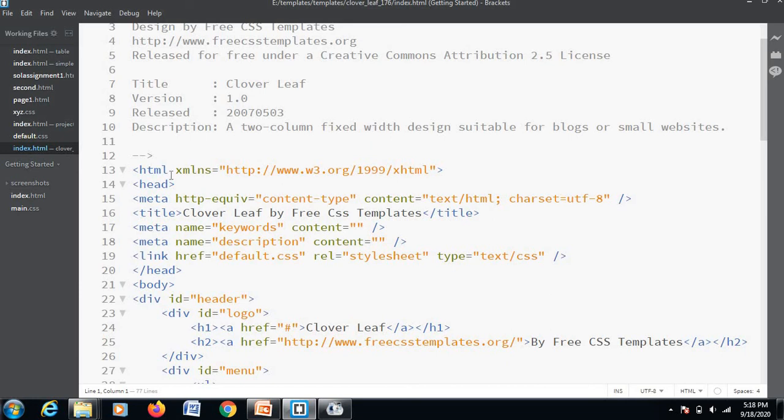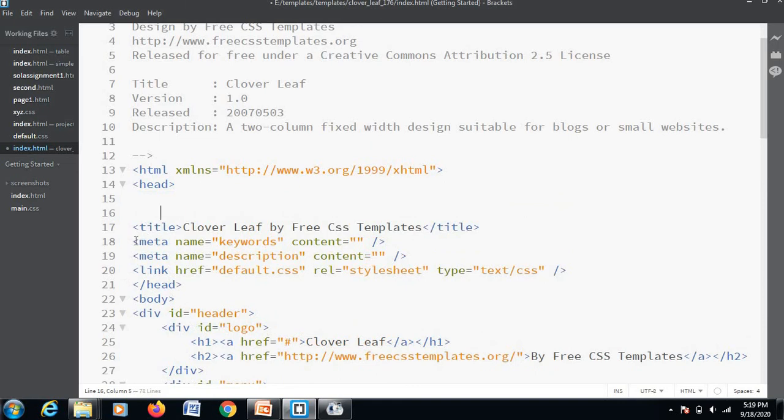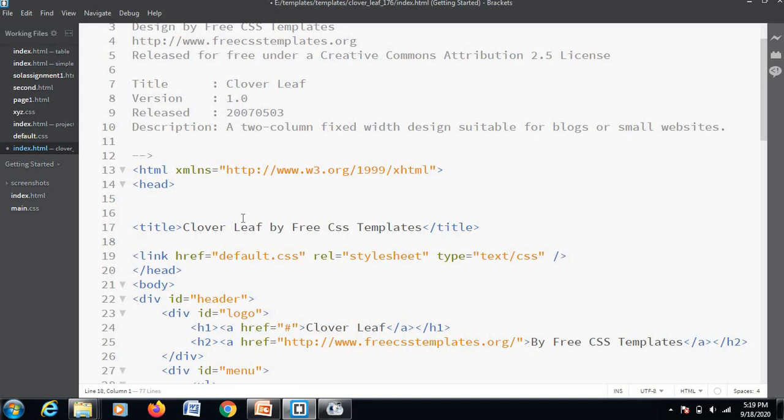See, here is the code. So starting from HTML, the meta tag is basically used for search engine optimization. When we are going to optimize our website, we use this meta tag. So as we are not doing any optimization for our website, you can simply delete this meta tag from here and from here also. It will not affect your website. See, here is the title. If you want to change it, then you can simply change it from here. It is an editable file.